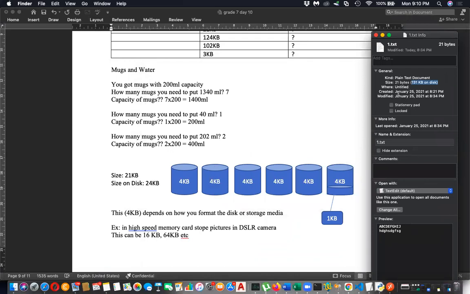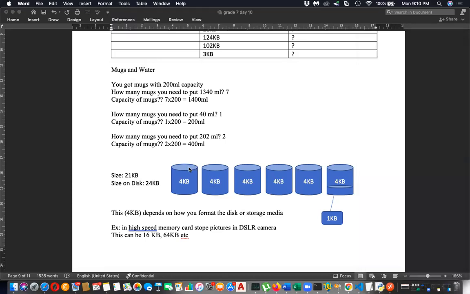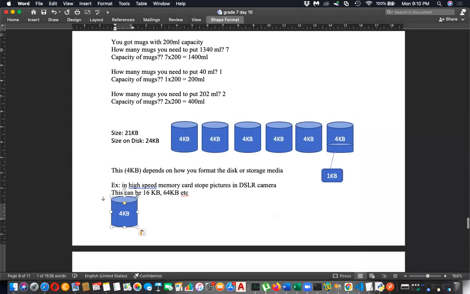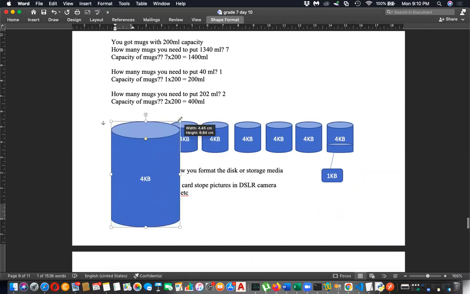Okay, please understand this. I copied the same thing into the high-speed media. Now the size is 131 KB, but the original size is 21 bytes. What has happened in my high-speed media? This bucket size is larger. It has large clusters, 131 KB in size. Further, we can discuss that.